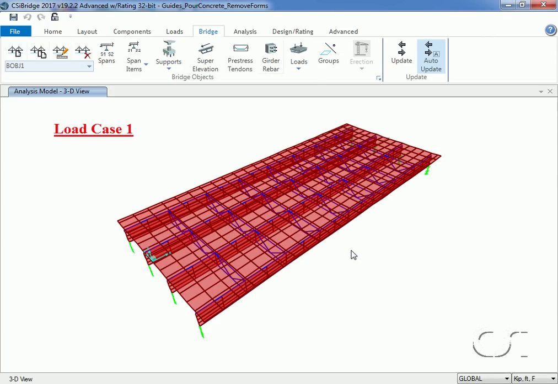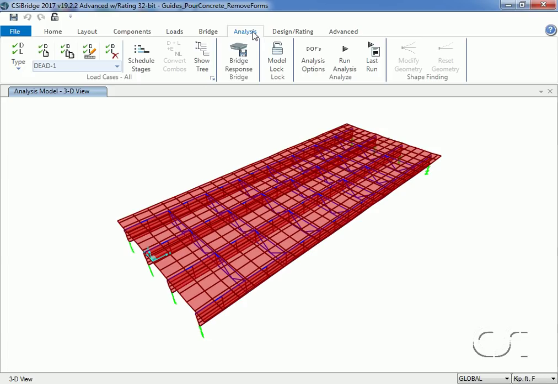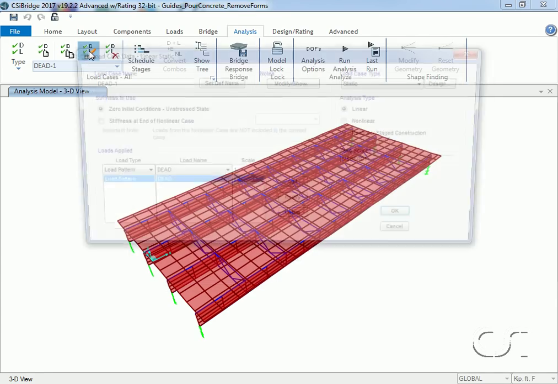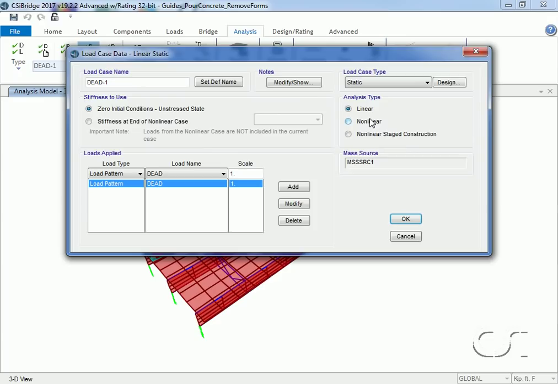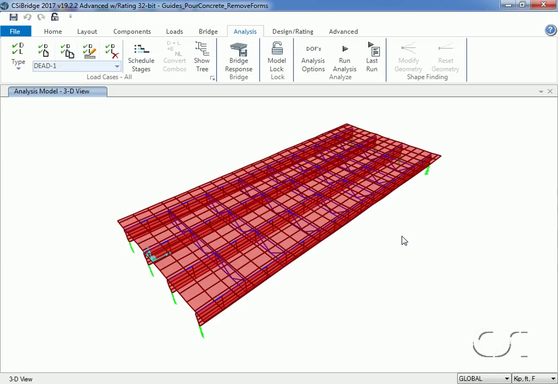Our first load case will be the case Dead. And if we go to the Analysis tab, we can verify that this is our linear static case. And in this case, the entire model works in composite action to carry the self-weight or dead load. Running the analysis,